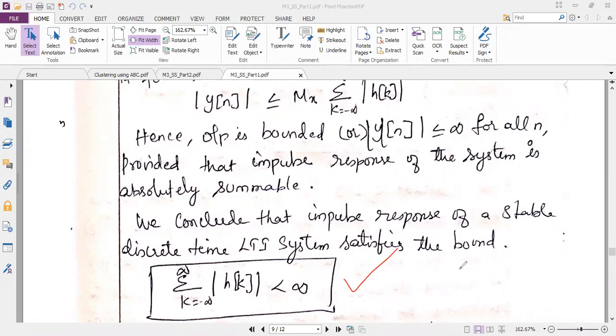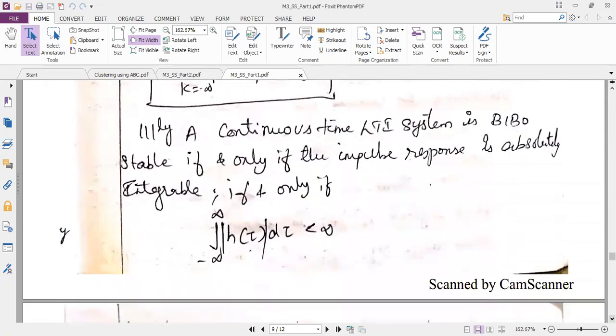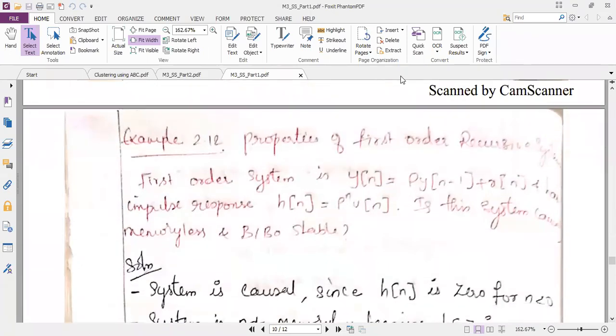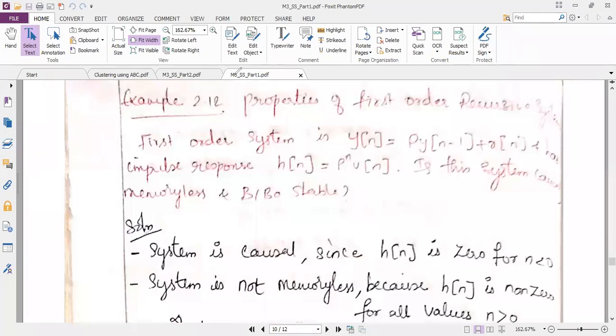The same thing I am going to write for my continuous time system: integral from minus infinity to plus infinity, magnitude of h of tau, less than infinity. So we have discussed the condition of stability in terms of the impulse response. All the previous three properties we have also discussed in terms of impulse response. So up to that, now the question is,